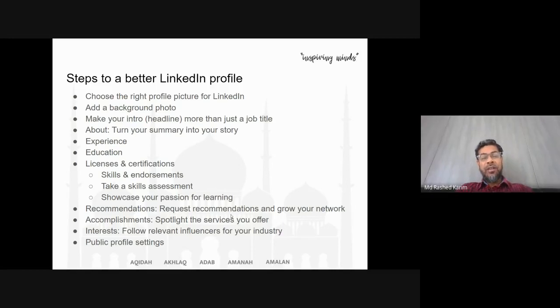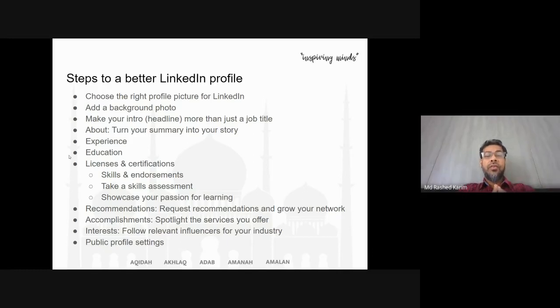So each and every point I will show you, and you will do it with me. I will give you time after performing each step, and then you will perform it yourself. Then we will have questions, or if you have any difficulties, you can ask any question. You can share your screen so that we can give you suggestions or solutions for the problem you're facing. Okay, so let's start the first one.